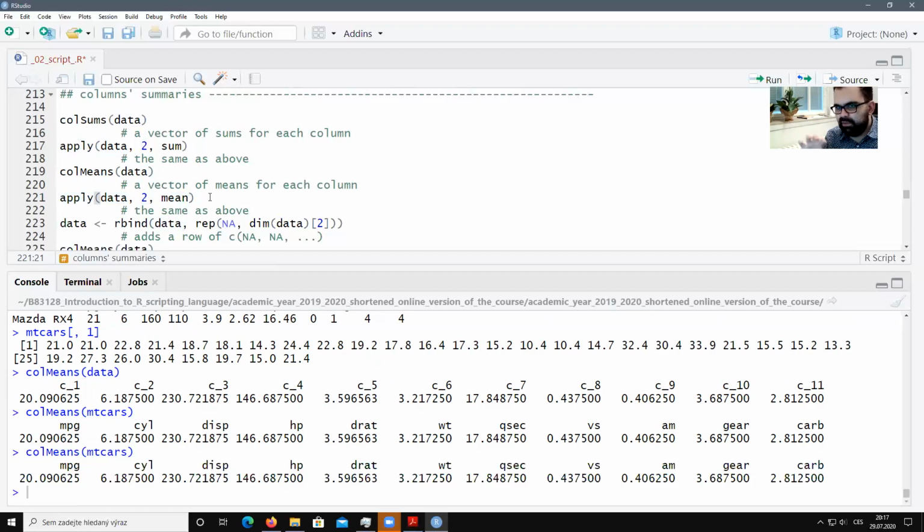1 stands for rows, 2 stands for columns, and we know that summary calculations are feasible for columns, not for rows. So there should almost always be a 2. And in this example there is a mean function, but there could be whatever you want. For example, this function is able to calculate only means, like averages, but this could be replaced by